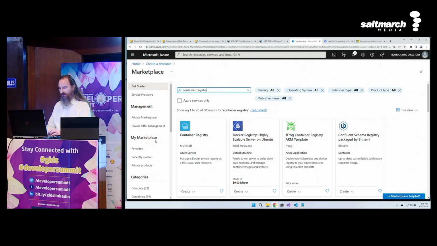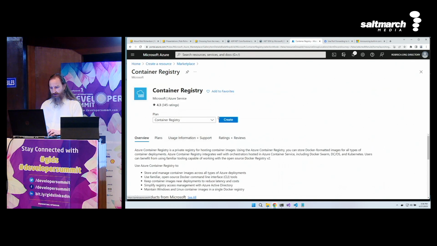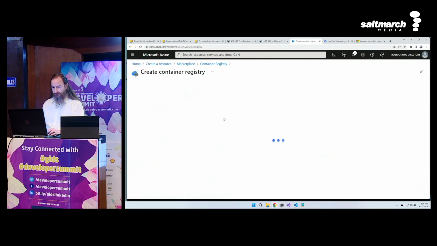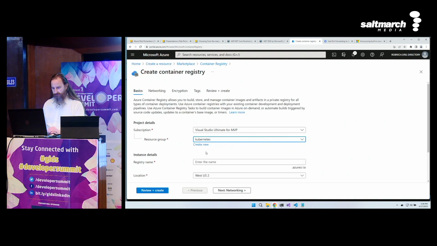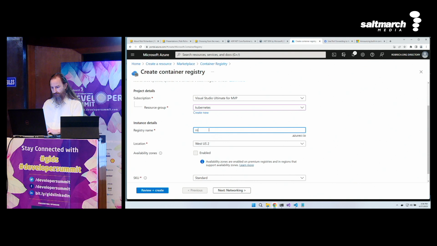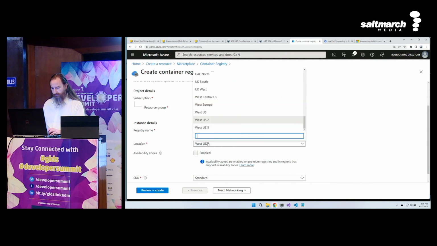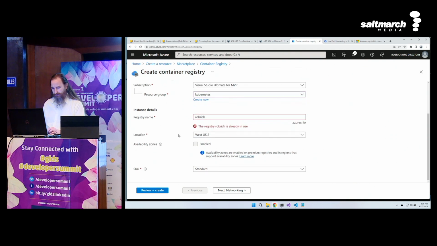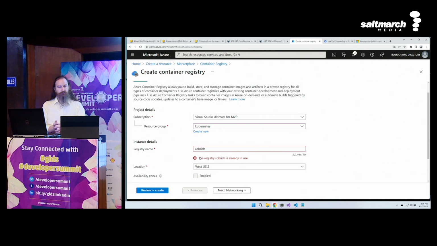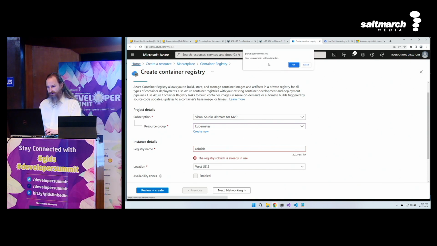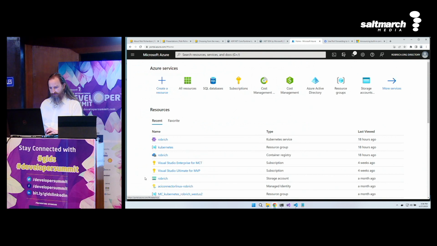I will pick a container registry, and so now I will say, let's put this in the Kubernetes resource group. I will call this Rob Rich. I'll put it in US West 2, and I'll use a standard. Actually, I'll use a basic SKU. Oh, hey, Rob Rich is already in use. Why, yes. Because I've created this previously, so let's go to the one that I've created previously.